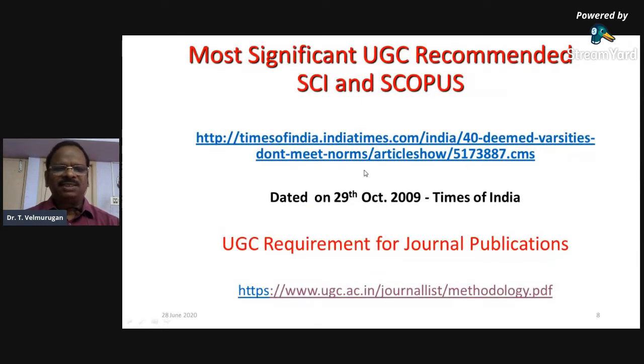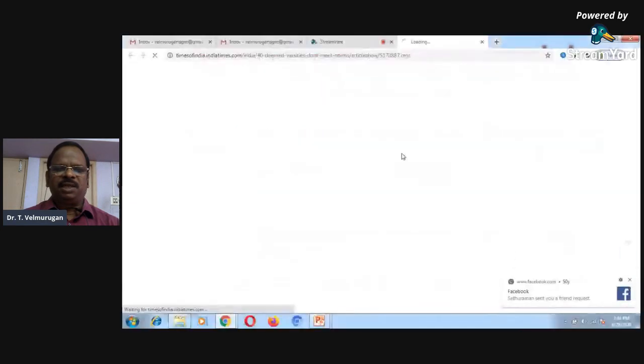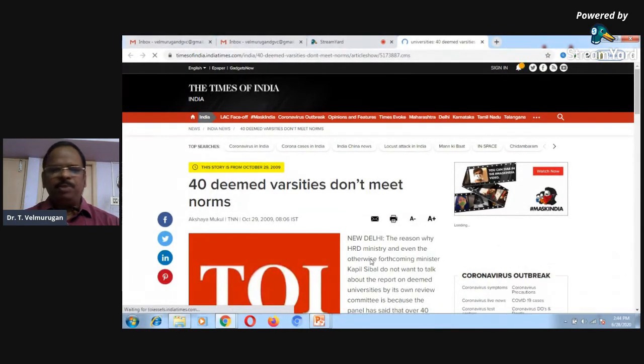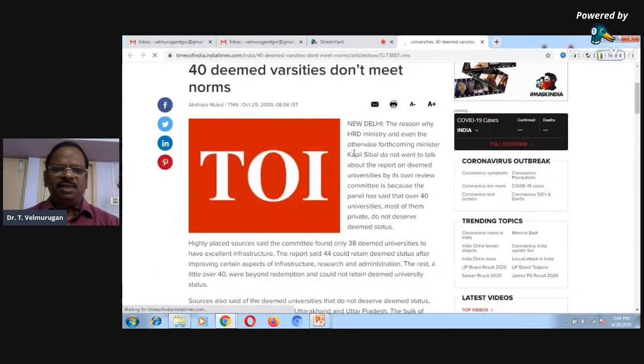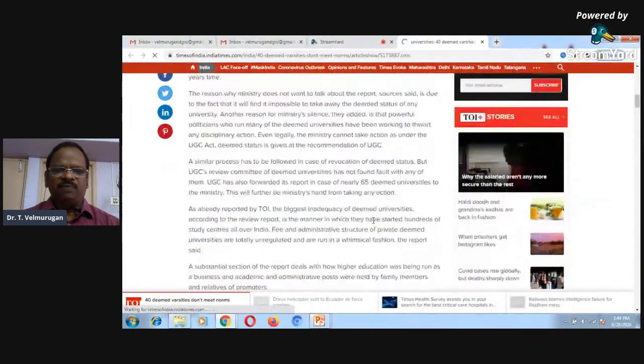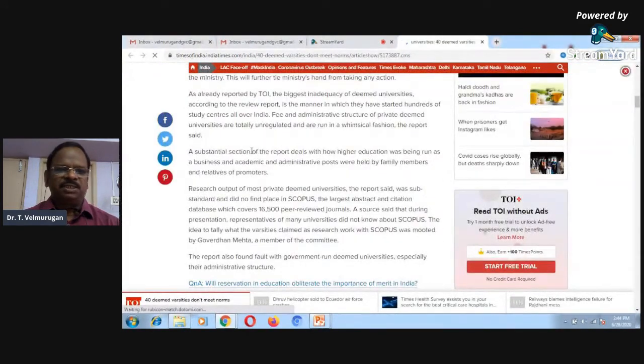What are the essentials of the Scopus databases? In 2009 itself, the UGC insisted on publishing a minimum of one paper in a Scopus-indexed journal throughout India. There is a Times of India article published about this requirement of Scopus-indexed journals.